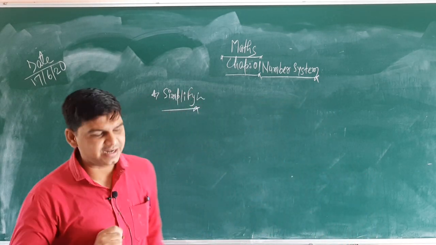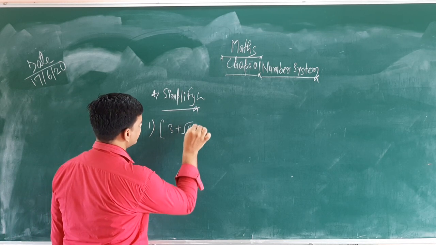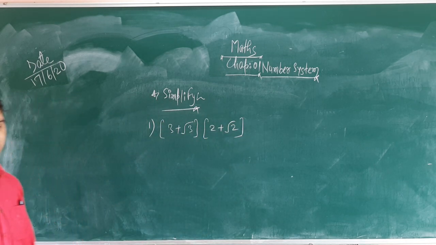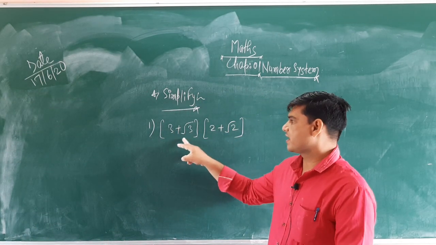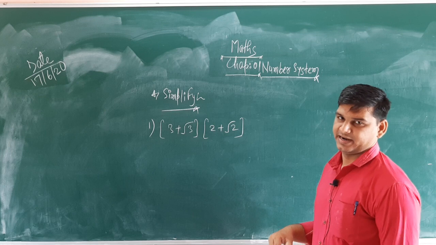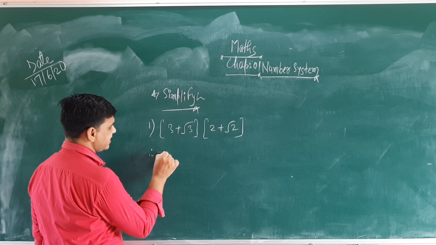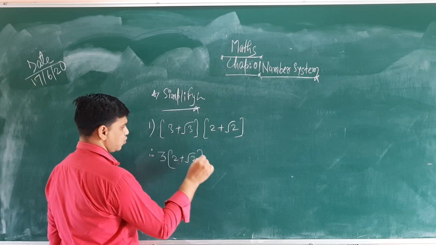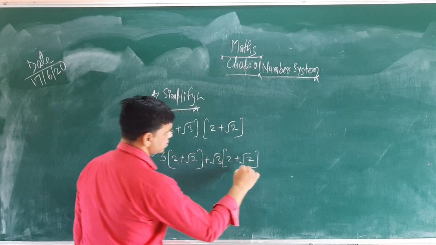For example, let me take another simplification method. I will take one example, 3 plus root 3 and 2 plus root 2. Okay. These two forms are there. So that is the simple formation. It is in the form of a plus b, both are numbers. So two numbers in the form of brackets are given and we have to expand. So how can we form the expanded formation? First of all, 3 as it is, and the second bracket 2 plus root 2, root 3 is here, in the second bracket 2 plus root 2.